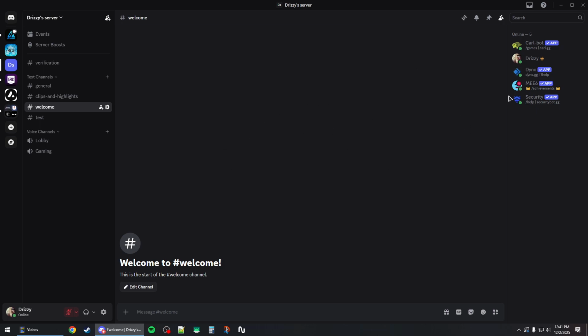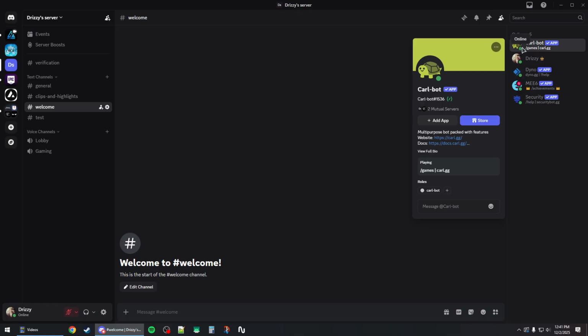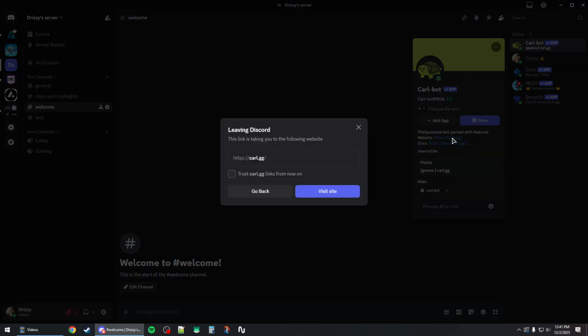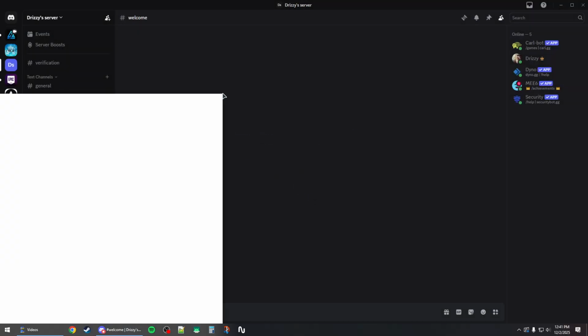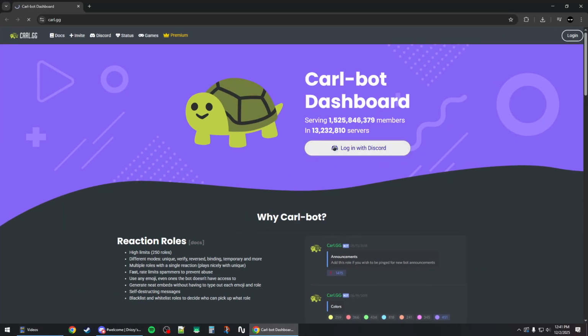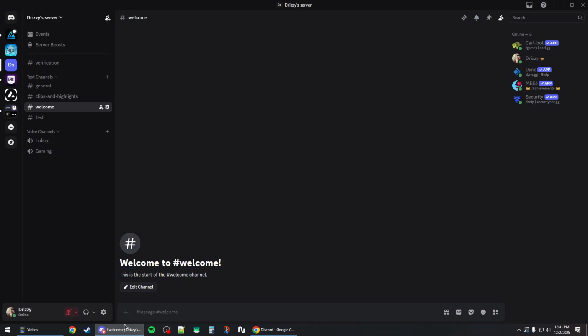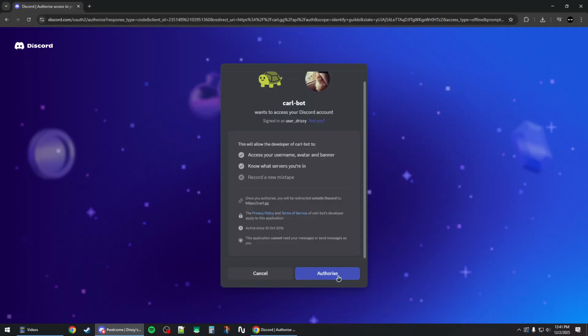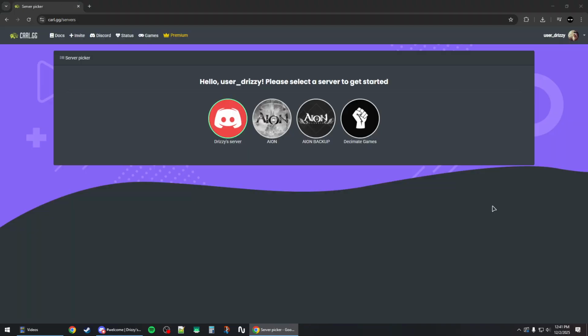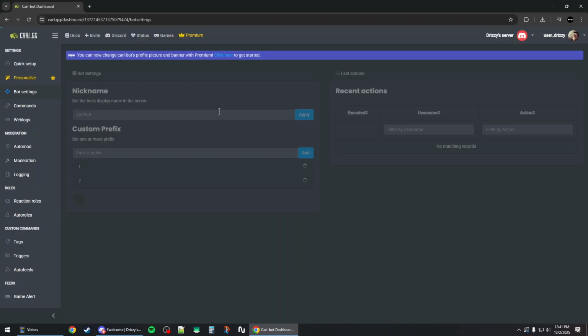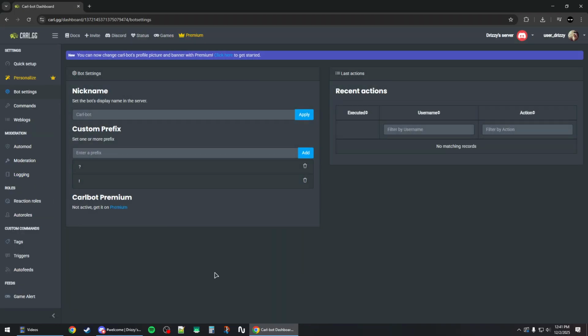Now you want to go to the dashboard of the Carl bot, so simply click on the Carl bot user on the online users list. Click on this URL, which is the website. It's carl.gg. Now make sure to sign in with your Discord, the same Discord that we used in the app, and authorize CarlBot. Now select your Discord server, which is this one,